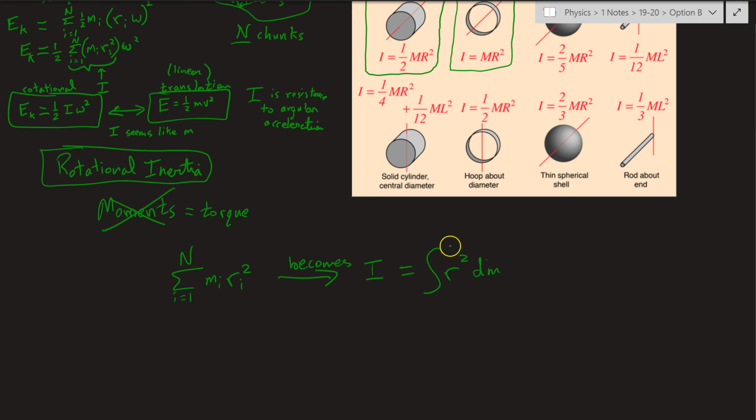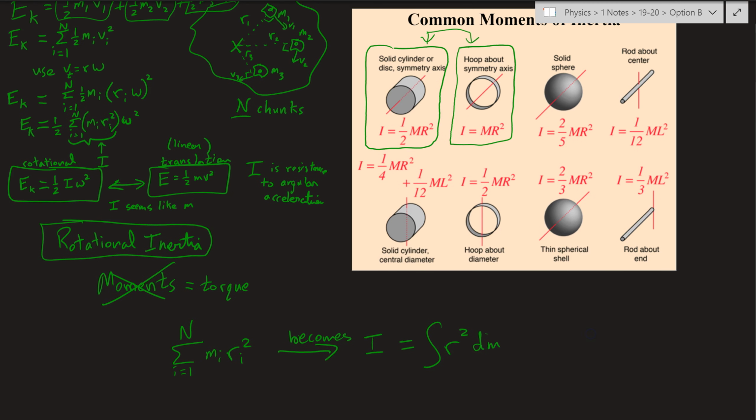If this discussion of the integral sounds like complete nonsense to you, that's fine. They're not going to ask you about this integral. They don't even actually expect you to know any of these formulas. The only formula they expect you to know is this one, mr squared. The moment of inertia of a point mass is mr squared. That's the only moment of inertia formula they will ever ask you about, which is the rotational inertia